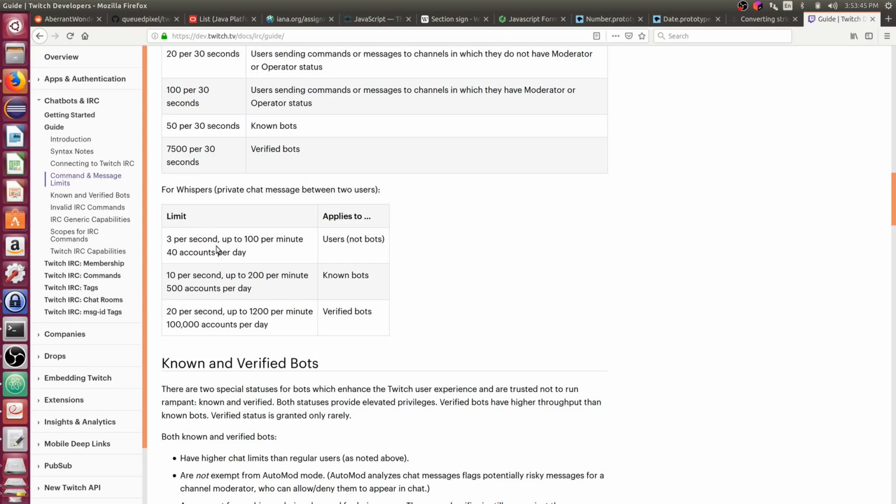But yeah, for whispers, you can do 3 per second up to 100 per minute, 40 accounts per day. So if for some reason I have more than 40 people playing this bot at any given time, I'll need to make this a known bot. Which didn't look hard, but it is more paperwork. So for the moment, I'm kind of ignoring the issue. And if this bot really becomes popular and I decide to do something real with it, I will work to make it a little more spam friendly and use whispers and deal with this known bots paperwork.